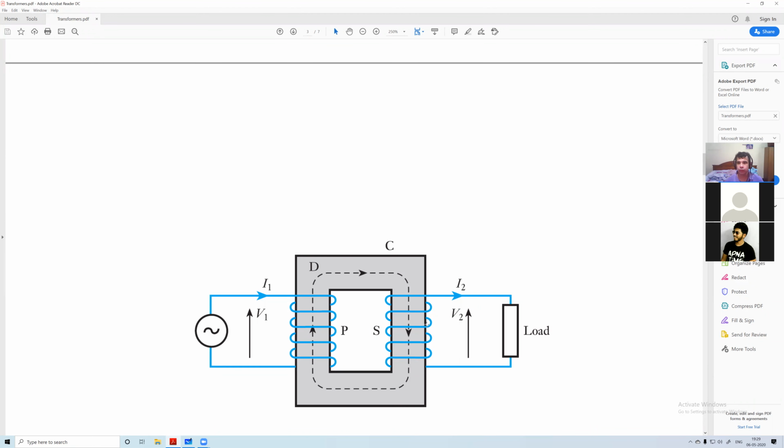Usually the number of turns in the primary and secondary coils are different, unless, as sir told, remember in that lab, in one case they are the same when it is the isolation transformer. In electronic circuits we use it sometimes, but for this discussion we will always assume that the number of turns in primary and secondary are different, though they can be the same in one or two cases, but we will not consider that.